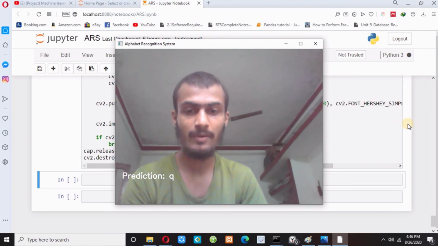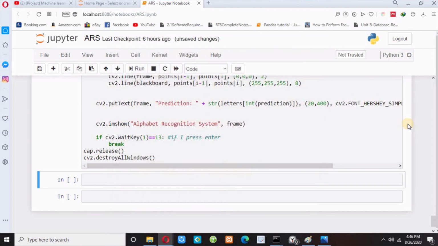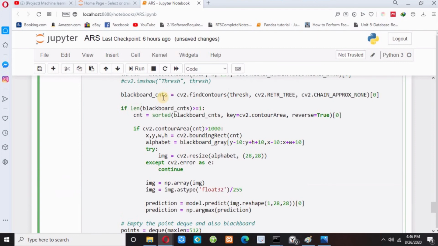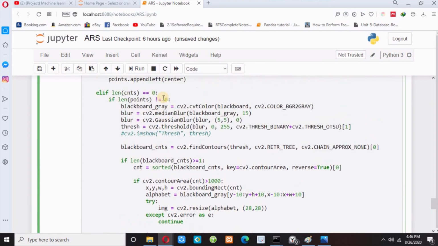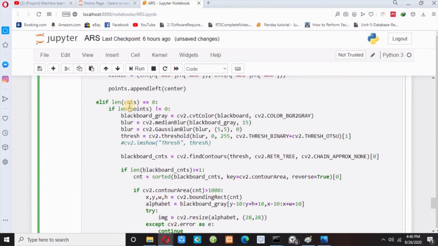Now if I press enter, it should close my camera and destroy all my windows. So guys, now this code works. And guys, if you find any code difficult, you can directly comment. I will reply as soon as possible.